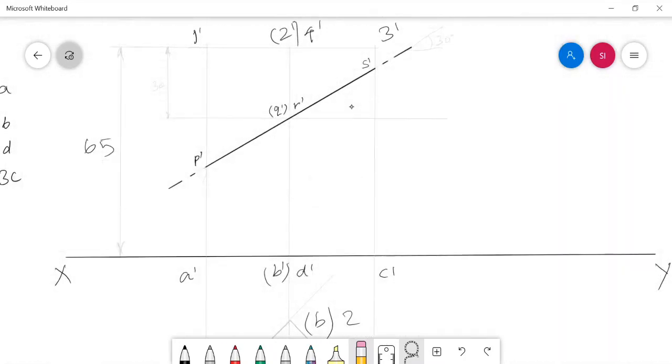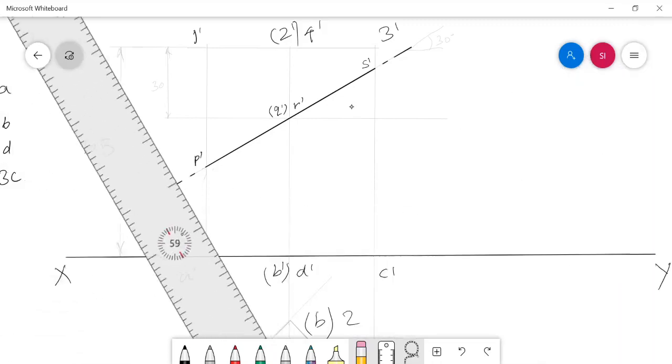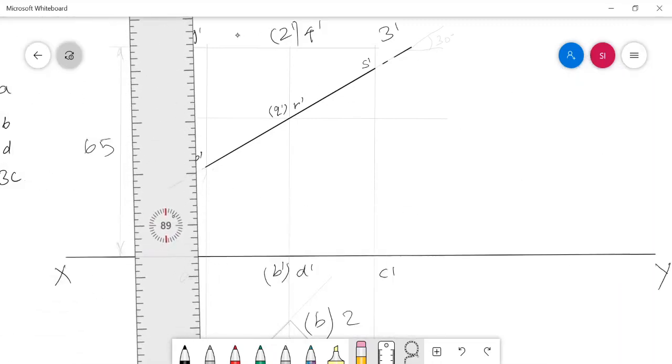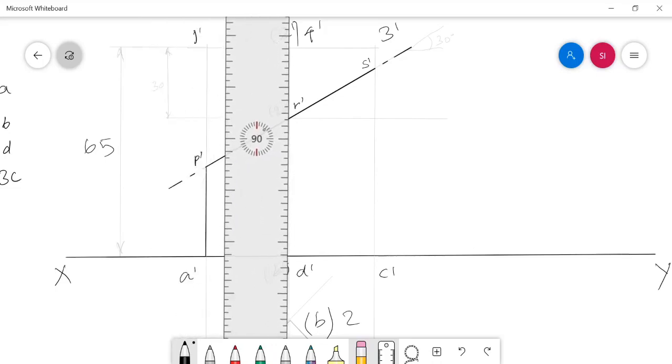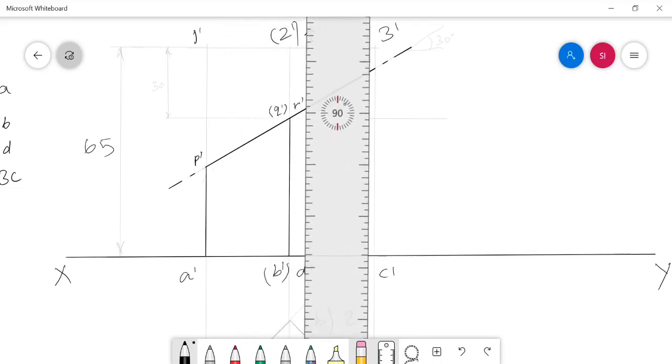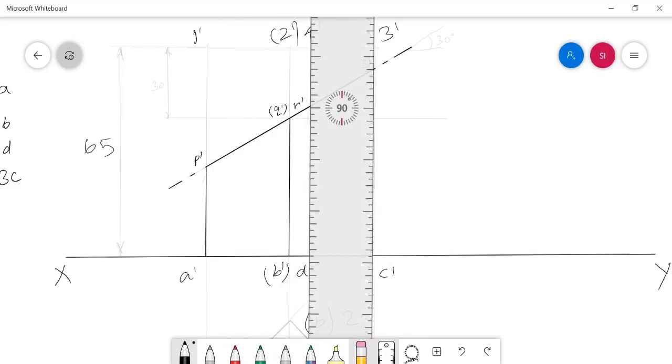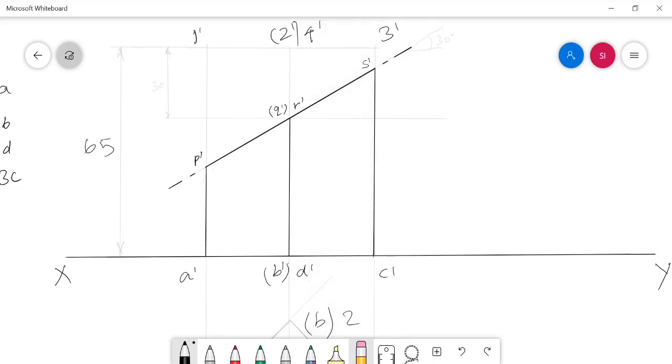And now you can highlight the retained portion of the solid. The portion just above the cutting plane is considered to be the removed portion, and the portion below the cutting plane is considered to be the retained portion as per our regular rule, because the top portion falls between the cutting plane and the observer, so it is a removed portion. Yes, I completed the retained portion.